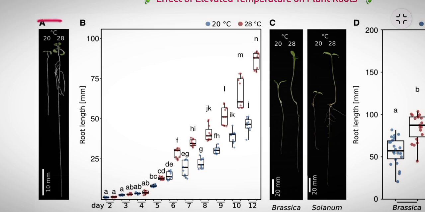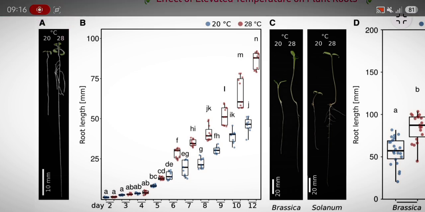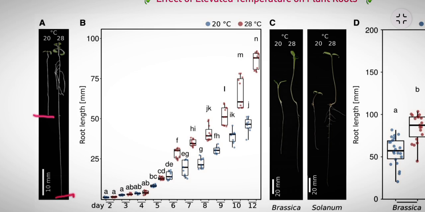As we can see, as we move from lower to higher temperature, the root length is getting increased. So this provides us a hint that an increase in temperature might be increasing the length of the roots in Arabidopsis thaliana. However, we know that in science, observing one or two plants is not enough for deriving conclusions. So for that, they extended these experiments to an increased number of plants, and the data they got looked